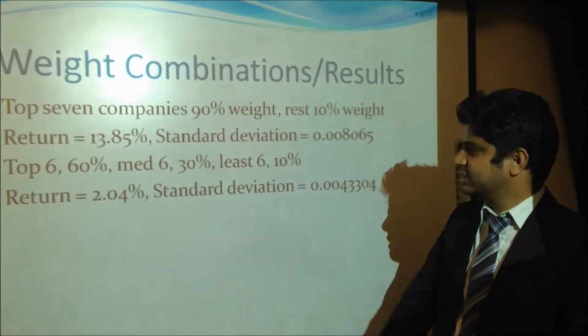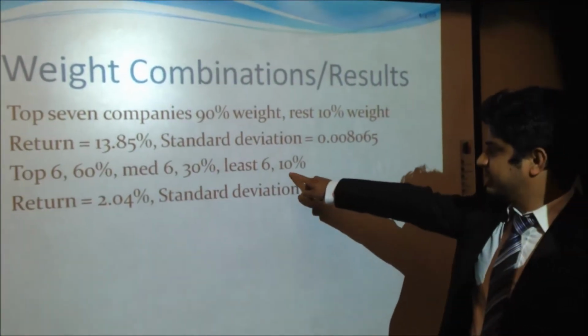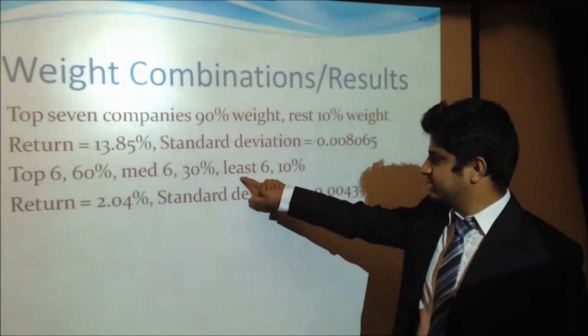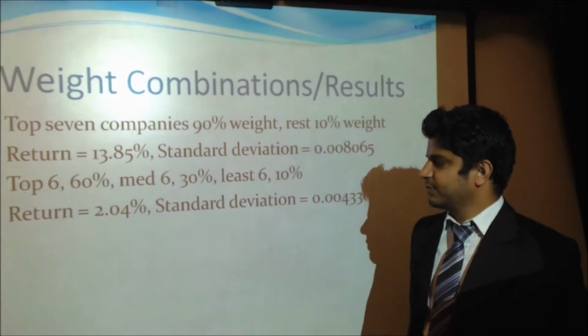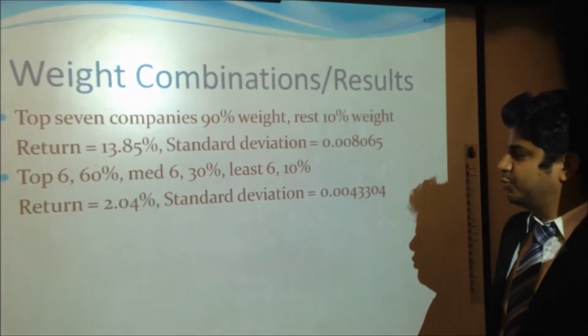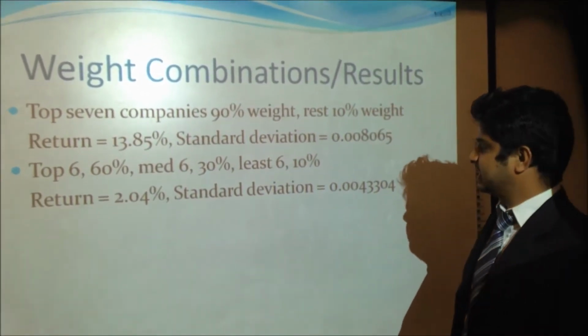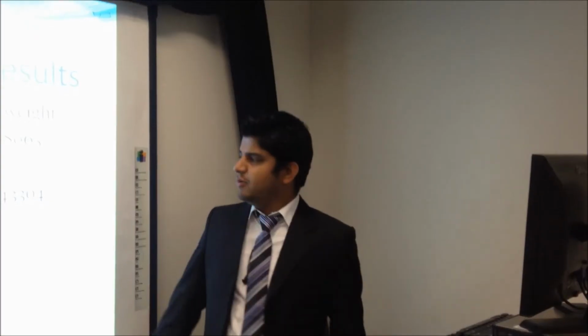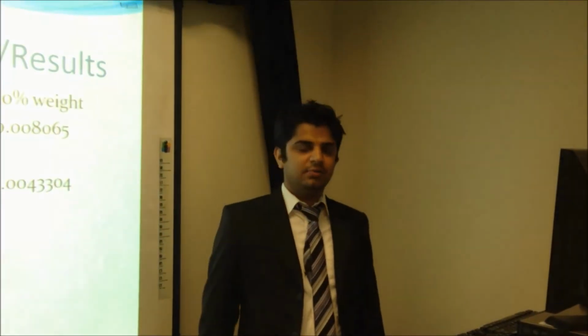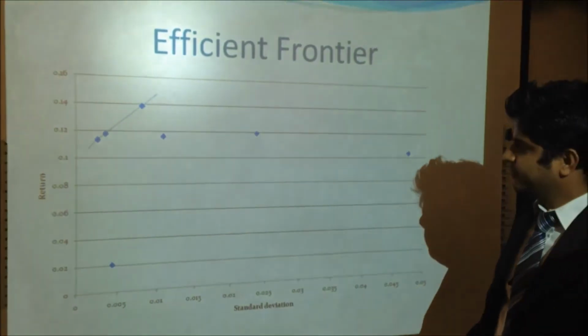the medium 6 companies, and 10% for the lowest performing 6 companies. And I got the return on that portfolio to be 2.04%, whereas the standard deviation was 0.00433. Now, from this risk and return of the portfolios, I plotted the efficient frontier, and as we can see,